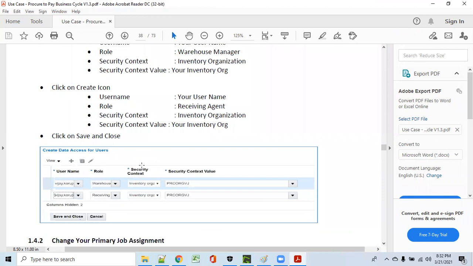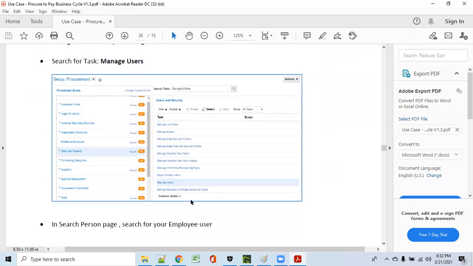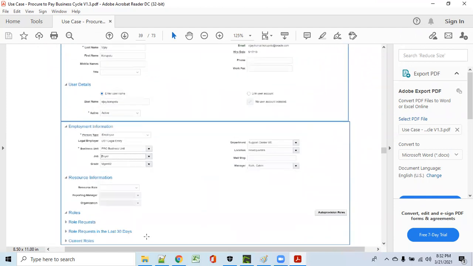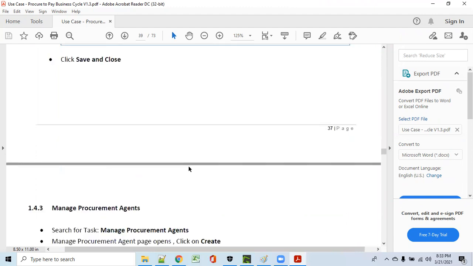Next, same thing here repeated. Manage users. So manage users is to view your users or to create new users. While defining your user, you can select the person type, like permanent employee and contingent, which BU this person belongs to, which job they are doing, and who they are reporting to. All this information will be there here.